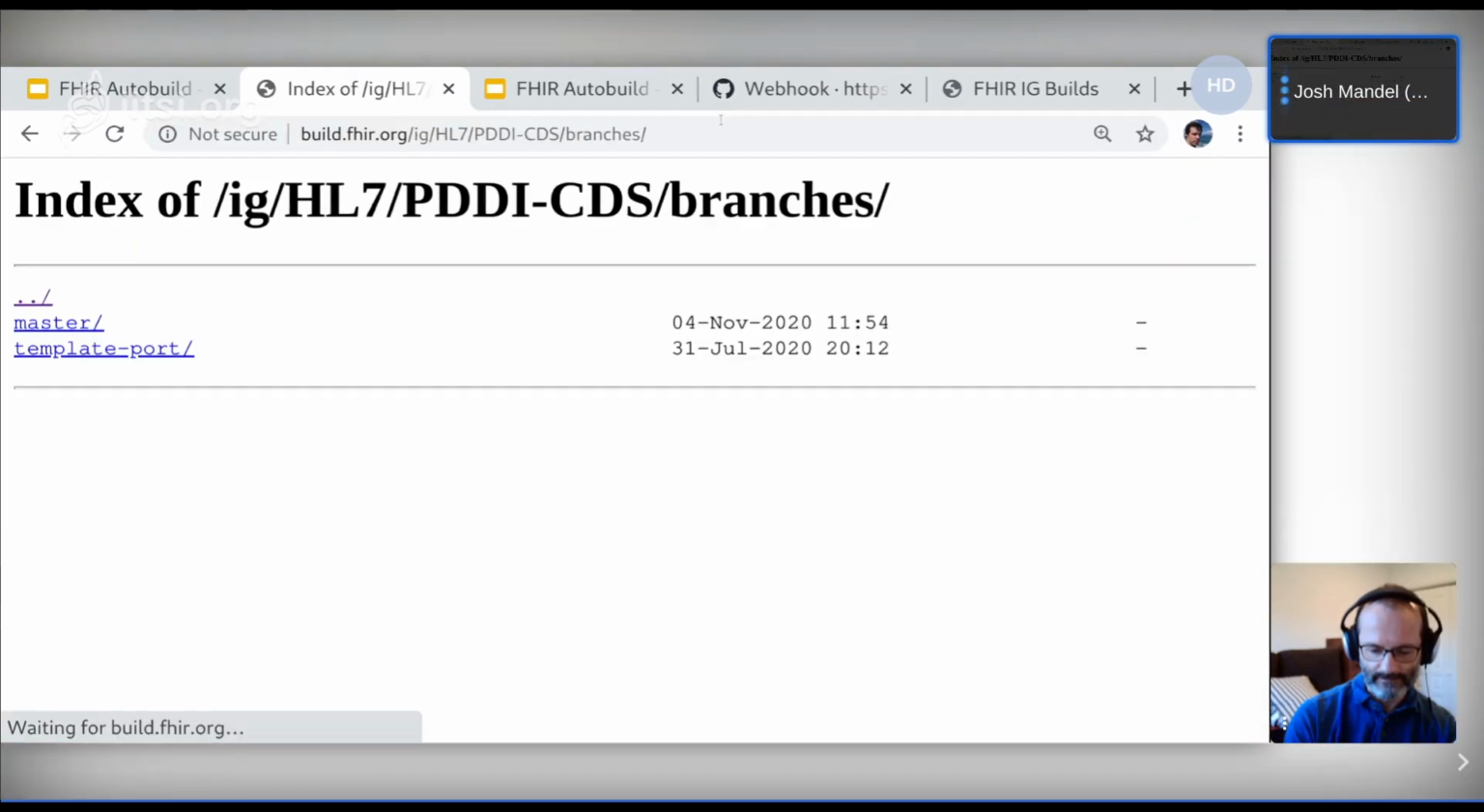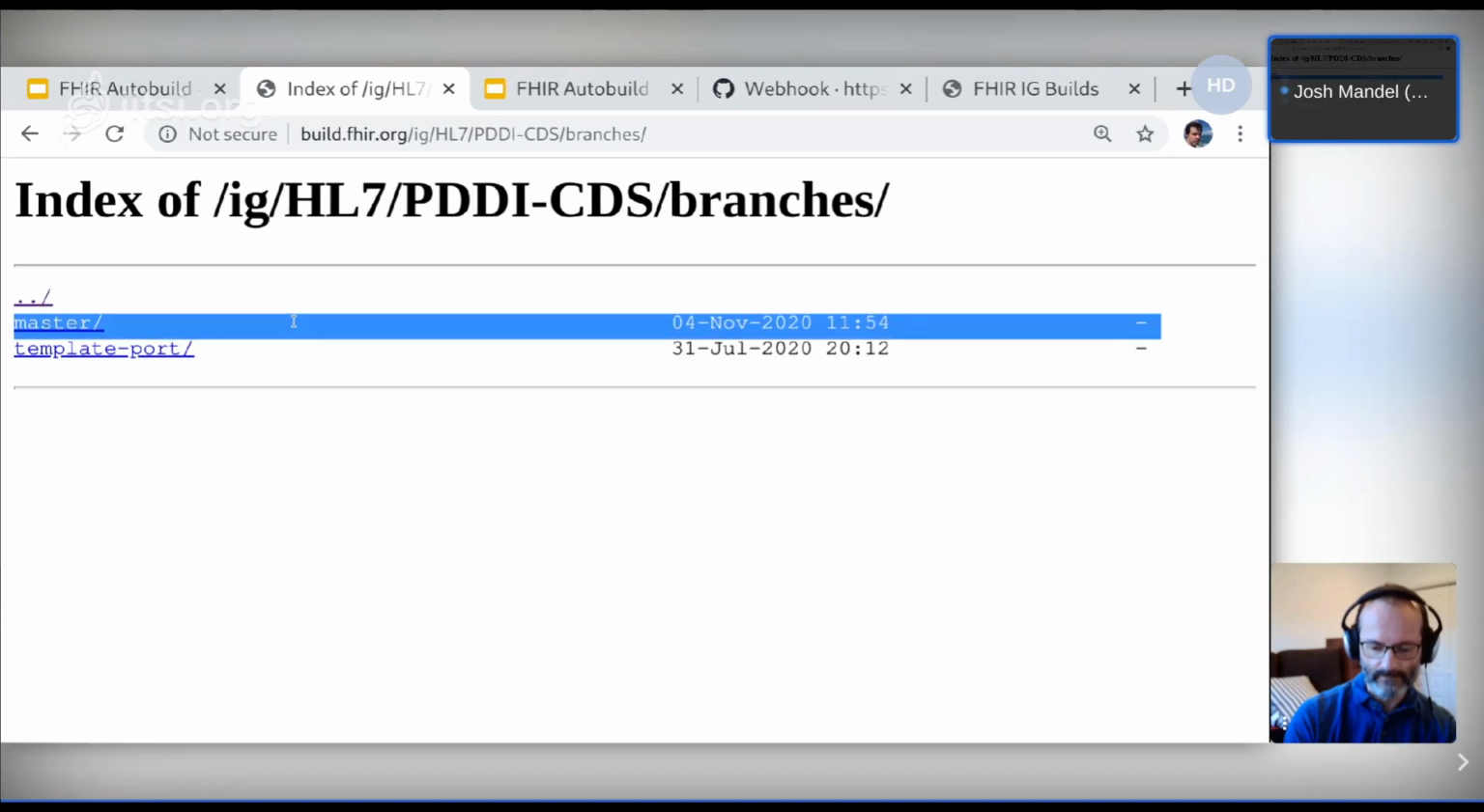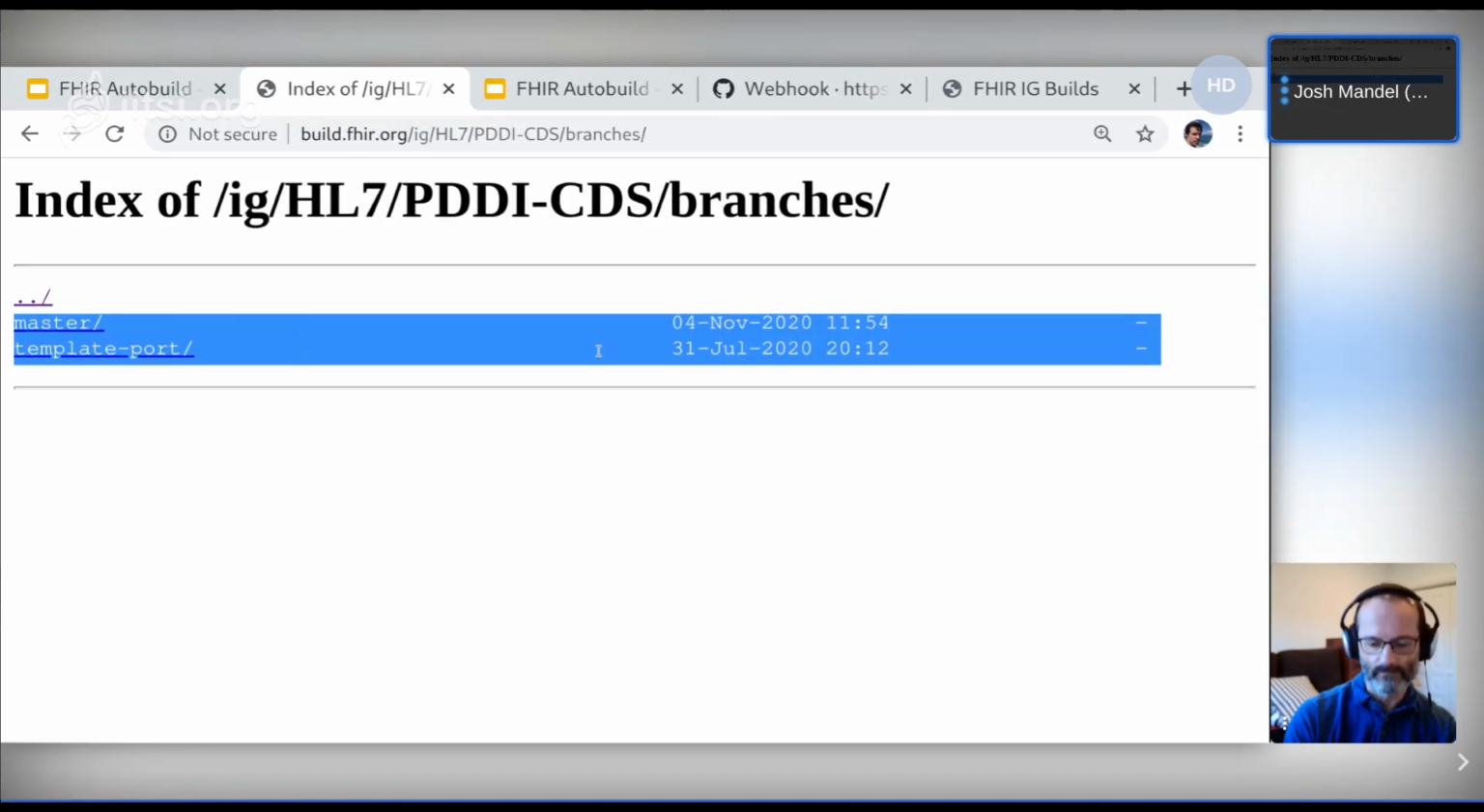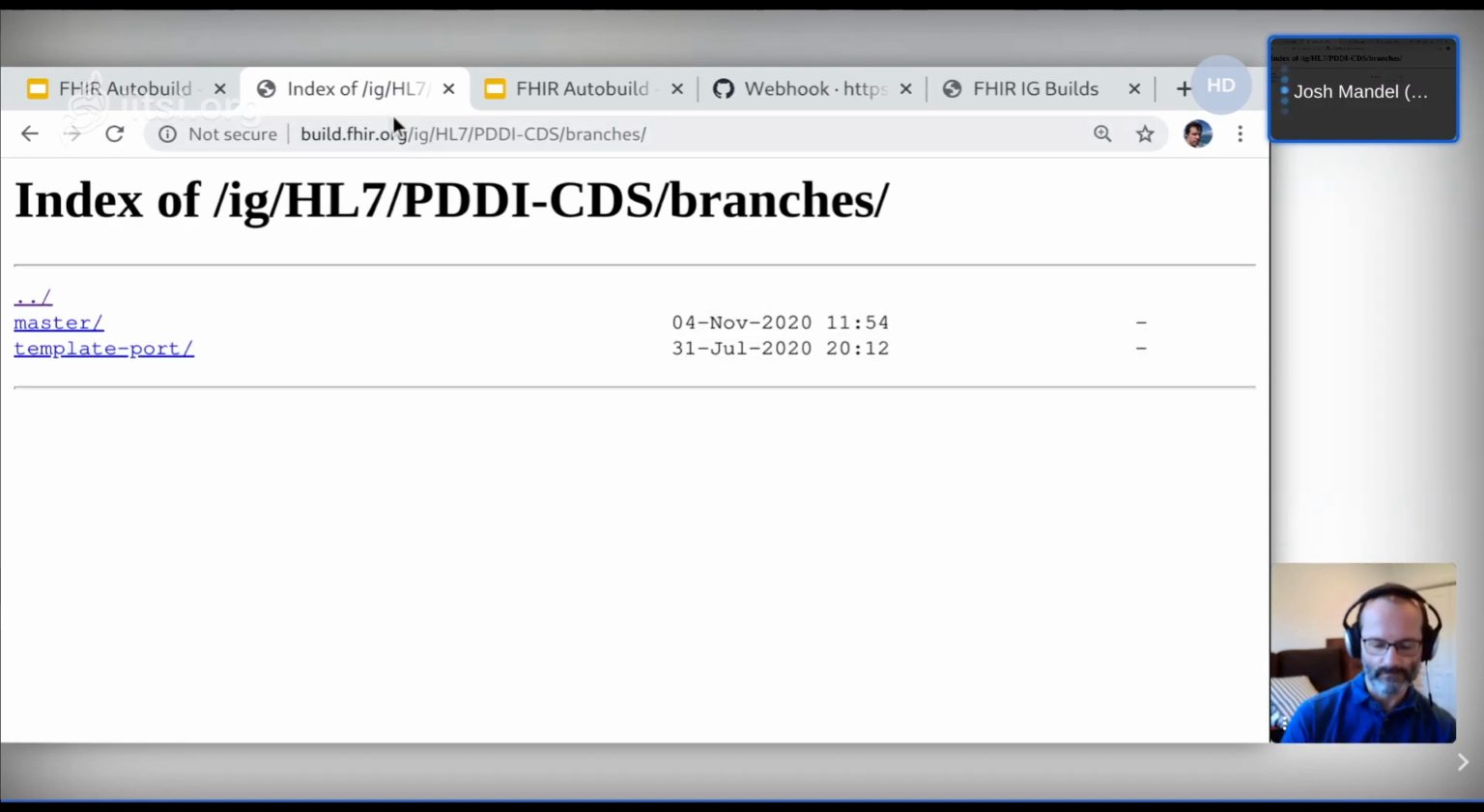But if I append /branches to it, I can see there's actually 2 branches that folks have worked on, one called master and one called template port. And so what you see here in the URL structure is pretty much directly reflected in the file system structure of this web server. And so every time an IG is built, when it's pushed into that server, 2 things